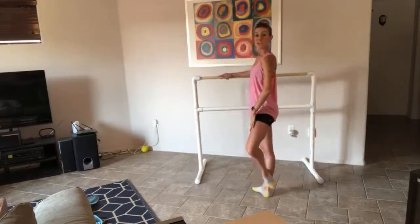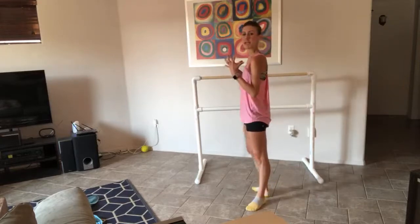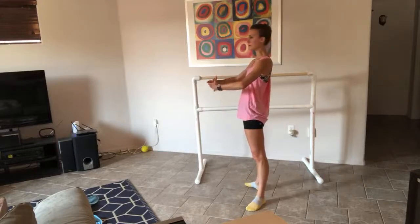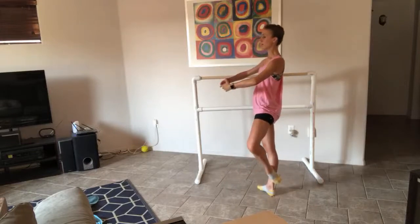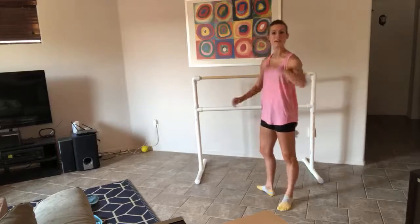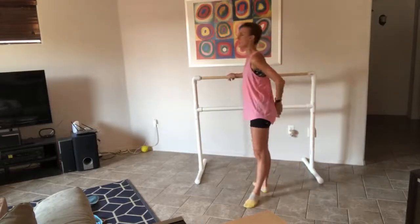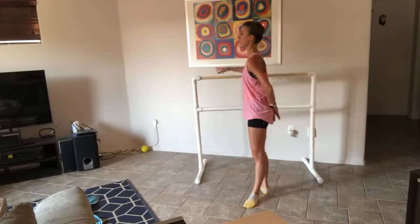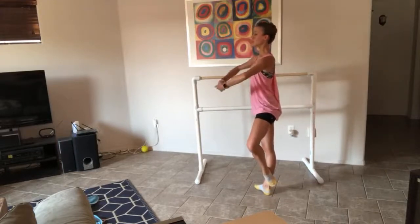Good. As we start taking up balances on one leg, coupe and dégagé becomes even more tempting, or a habit for our body to start to kind of lean back or sink in our hips. And sometimes it's so slight that we can even kind of balance and perch there even when we're on releve. But if we start doing a turn in the center, it's not going to work. So we have to really add lots of length here in our lower spine, pulling up those lower abdominals. I also like to think of, I say this a lot, air in our armpits, so that our elbows are